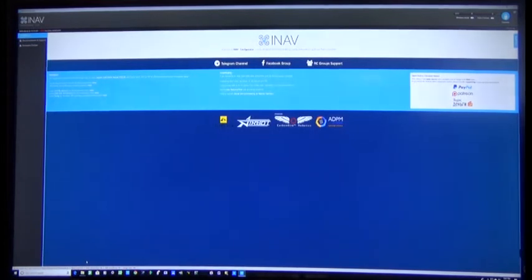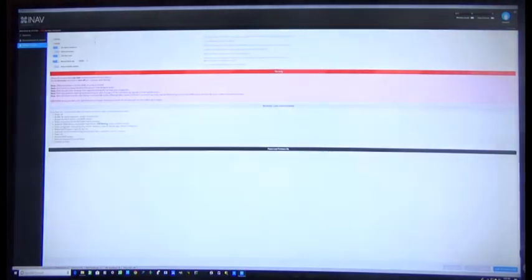On the left hand side of the configurator screen is the firmware flasher. Click on that. And after a few seconds the board will load and it will come up with choose a board. Click on that. Go down to, in my case, Matek F405 SE, that one. Click on that and go and choose the firmware,